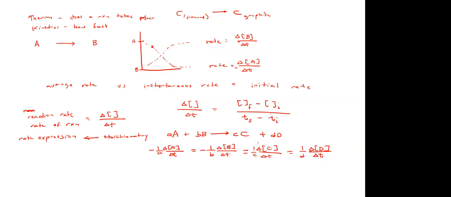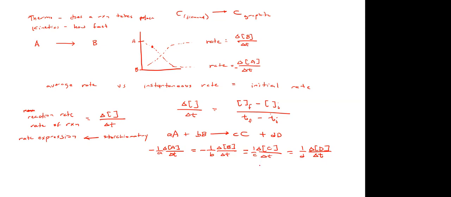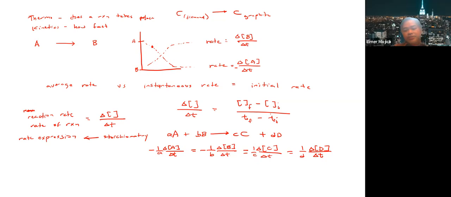Okay, so, Sir. Yes? Bakit nga po pala positive yung sa may side ng C and D? Because it's a product. The final concentration is much higher than the initial concentration. Now here you can have what we call the reference point with respect to the speed or the rate of the decomposition, and with respect to the formation of the product.